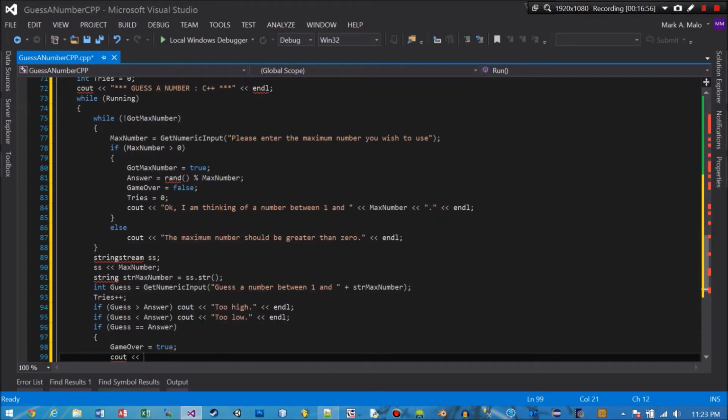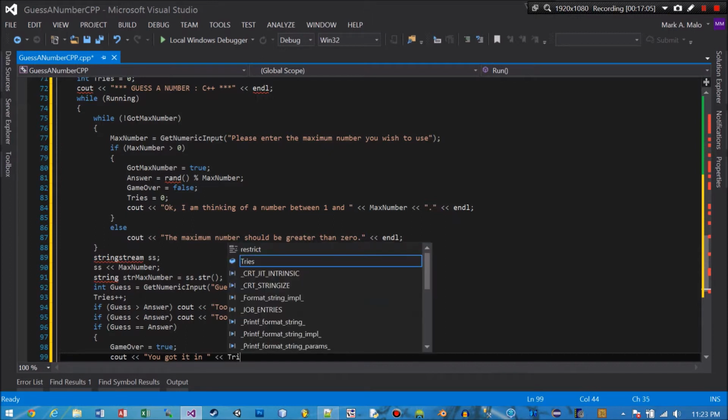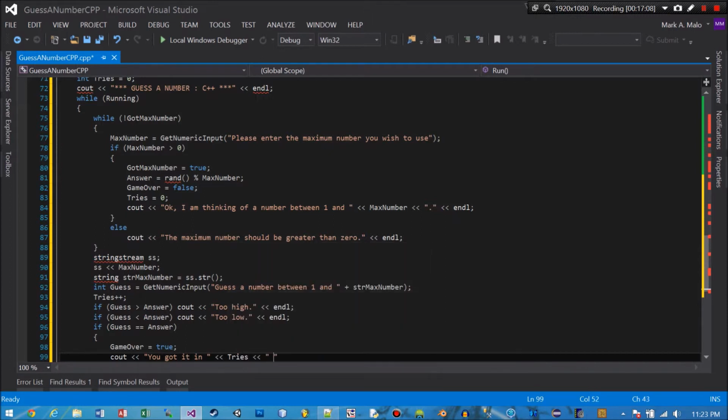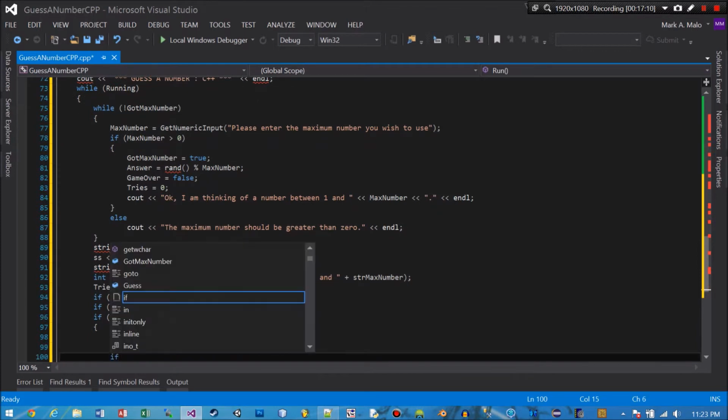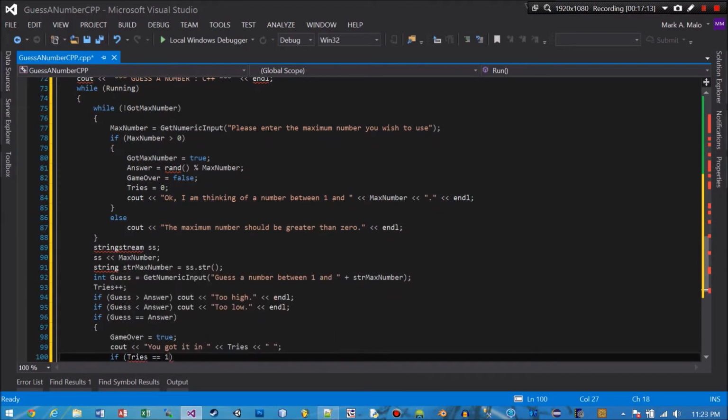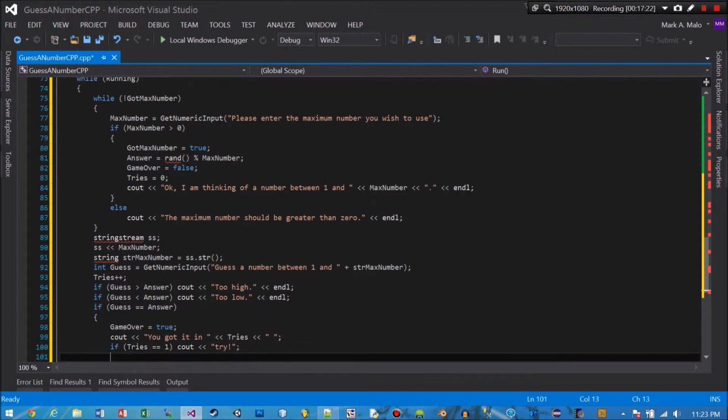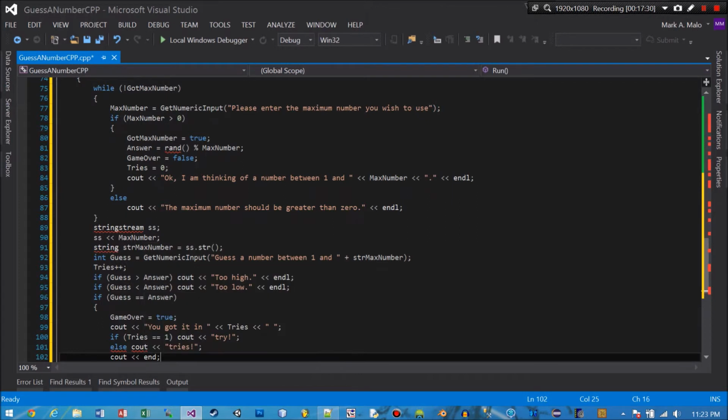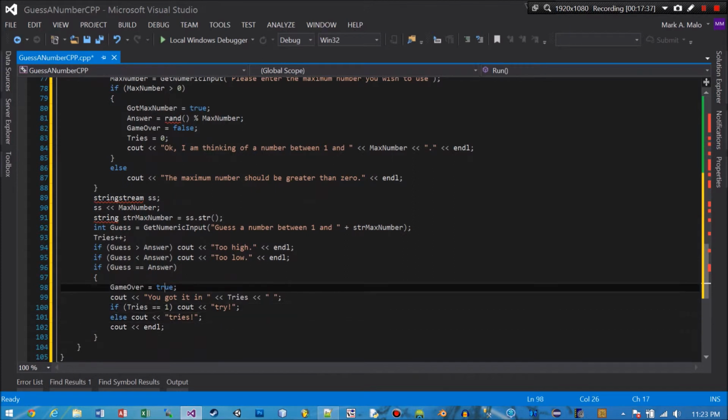Count you got it in tries, and we'll do it a little bit differently. If tries equals 1, we'll count try bang, else we'll count tries bang, and then we'll count our inline there. Alright,